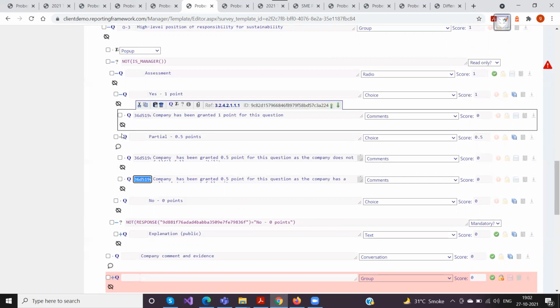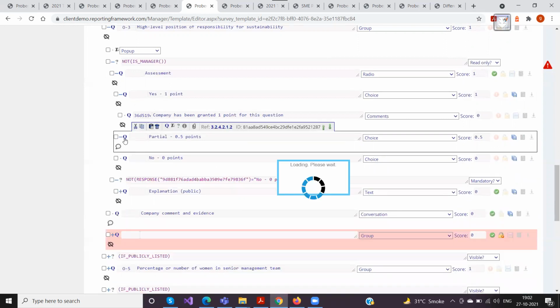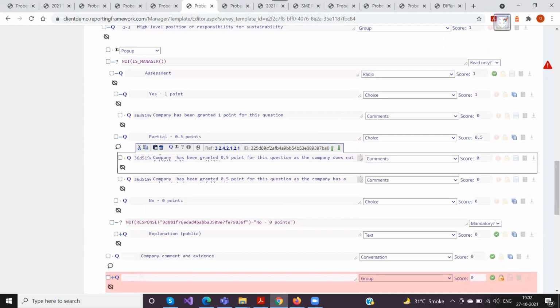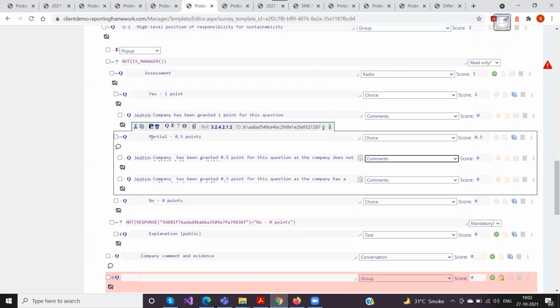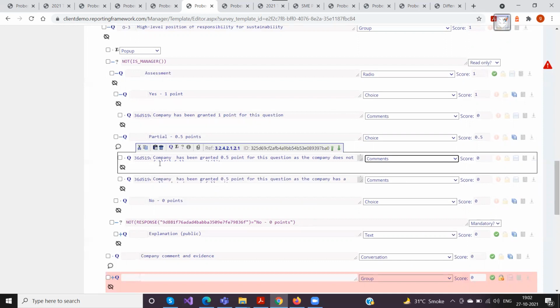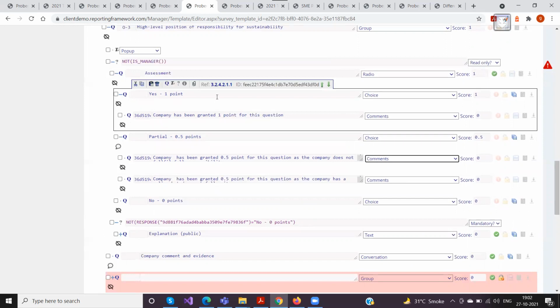There can be any number of comments within the option. There is no limitation. The only thing is you should have this node ID, you should have the comments, and it should be of type comments. The yes option has one comment, and the partial or 0.5 option has two comments here. This is how you can set it up